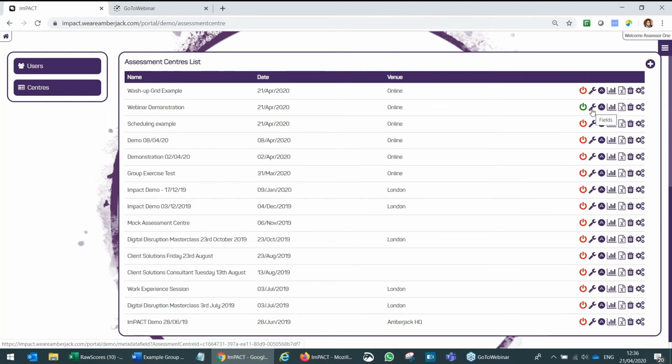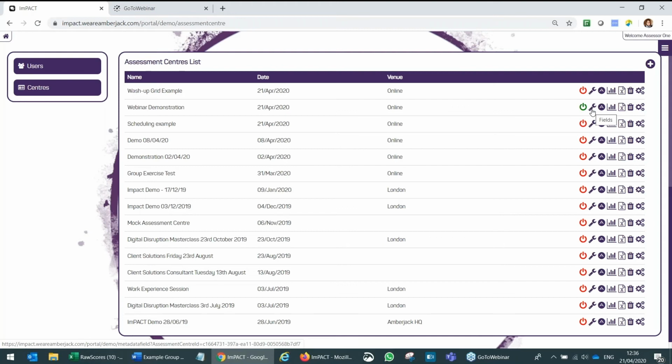This little button here sets up fields. So we've got basic fields which tend to be for an assessor. It might be, I think, their name and email address. You can set up further fields, and it really depends on exactly what field you're wanting to assign. It might be a line of service. It might be what university they went to. It could be anything, and it can be assigned to